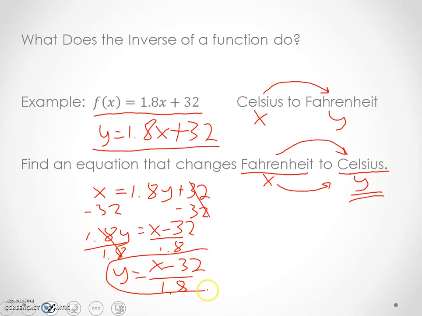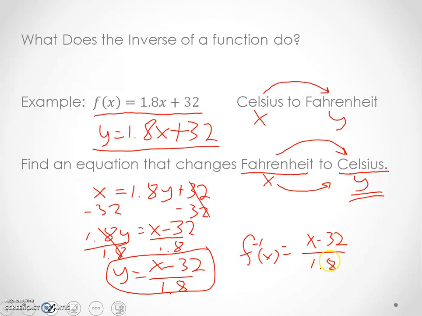And this is the inverse of our original function because it does the opposite. We would write it as the inverse. So f to the negative 1 of x, that designates the inverse, equals x minus 32